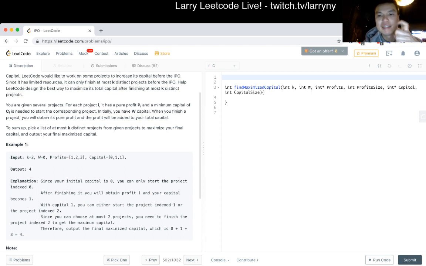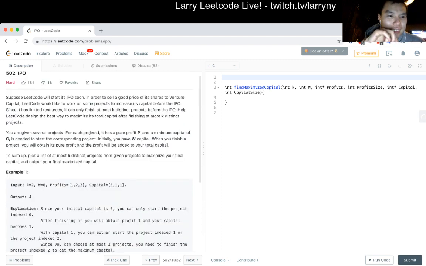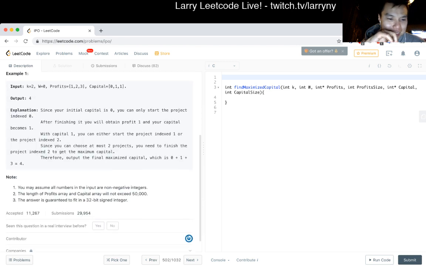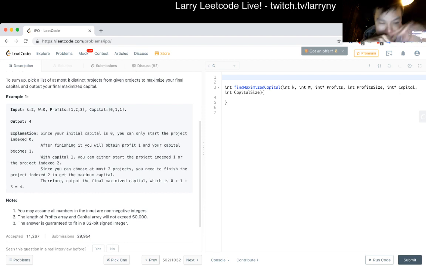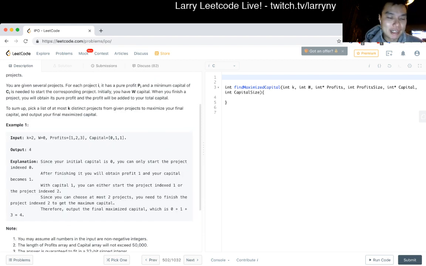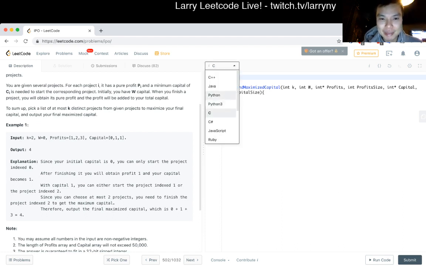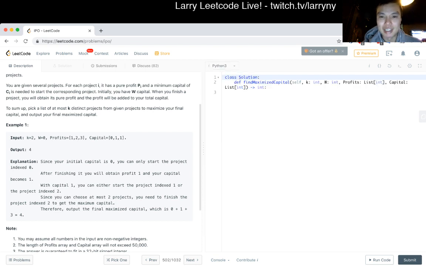Let's see. Another thing I'm trying to think about is whether, to be honest, this is a little too easy if it's greedy. Because it's still a hard problem. So maybe I'm just trying to think a little bit too meta about this. Because I think there are two parts of the problem, right? Or two questions you're asking yourself. Maybe I'll do Python, Python 2 or Python 3. Okay. So there are two parts of the questions that you have to ask.